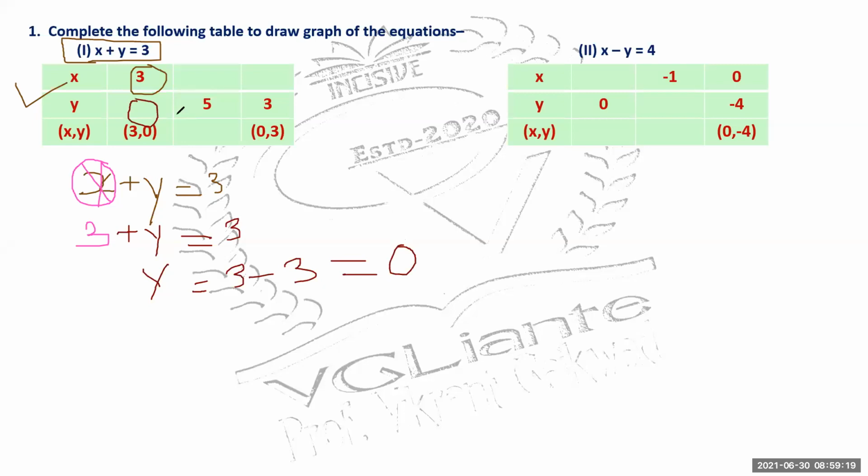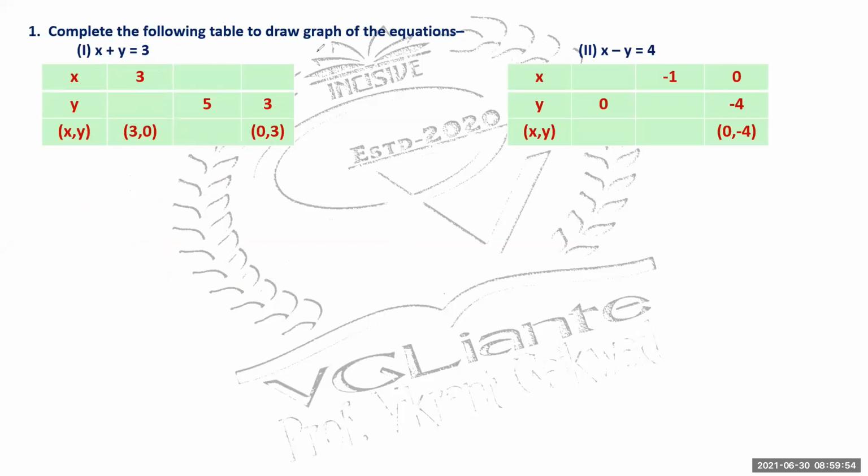Now check, there was a shortcut for this. Now instead of solving this completely, understood, check, in your table, value of x comma y is given. So that means value of x is given to you here. And here check, always you write x first and followed with y. So directly you can get value of y over here as 0. Is this clear? Instead of solving this, okay, you can get your values here directly. Understood?